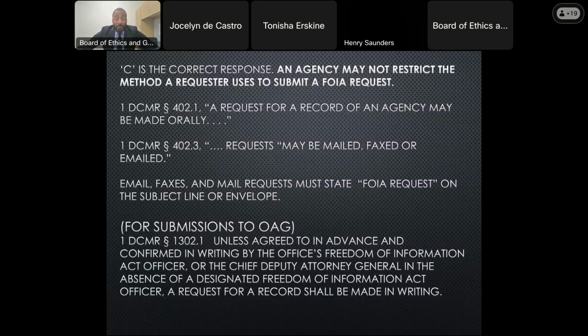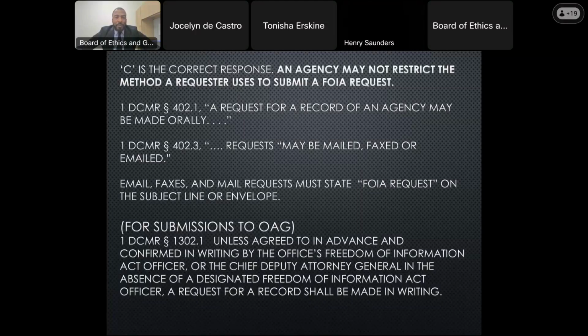1 DCMR section 402.1 states, a request for a record of an agency may be made orally. 1 DCMR 402.3 says requests may be mailed, faxed, or emailed. Email, fax, and mail requests must state FOIA request on the subject line or envelope.